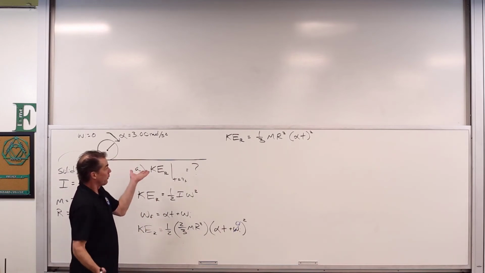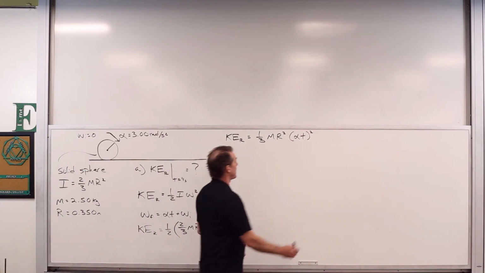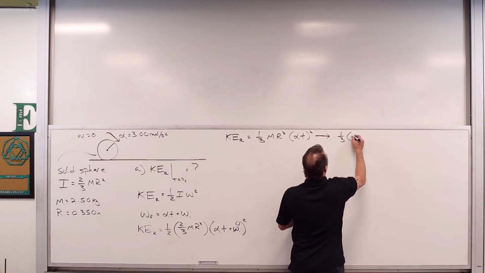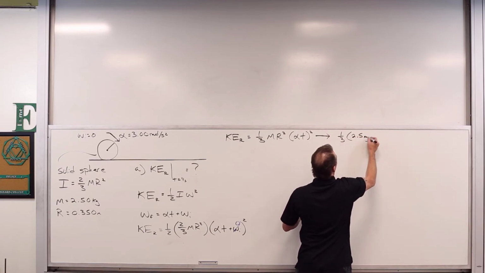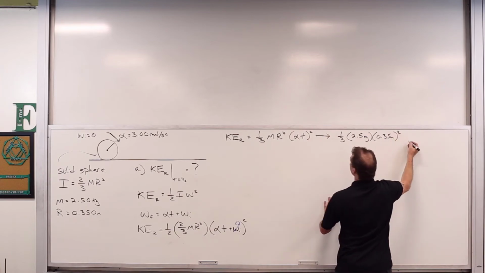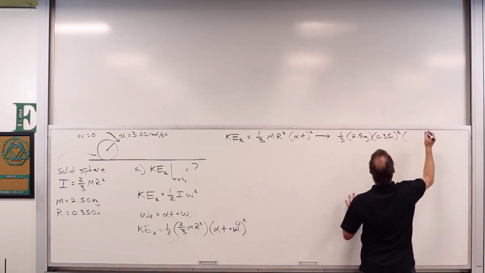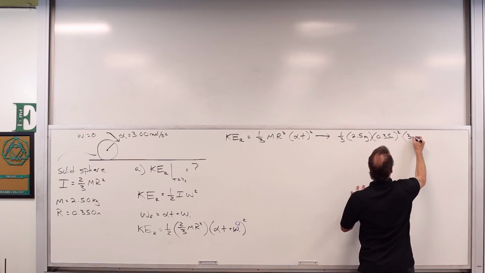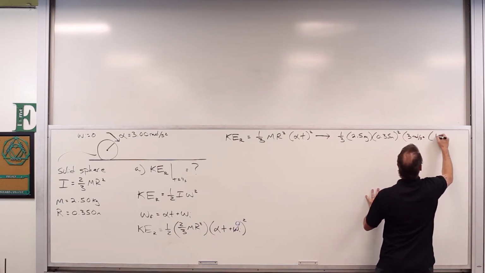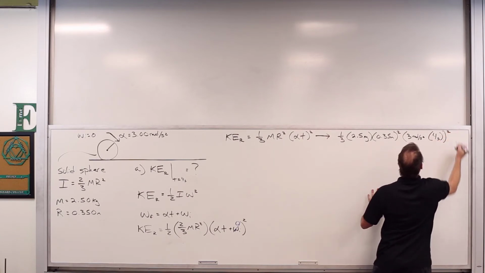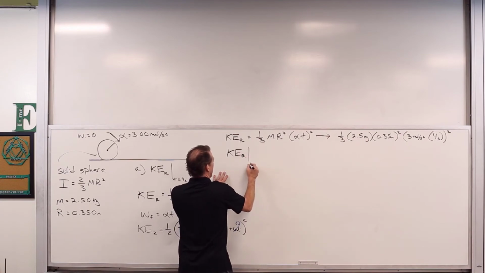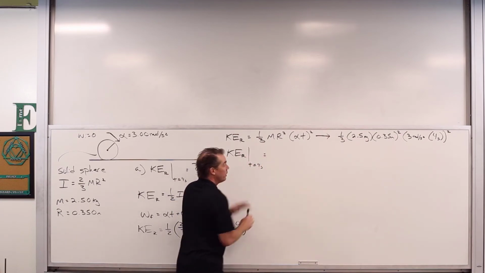And there we go. So what do we want to do? We want to evaluate this at t equals 4 seconds. So this is going to go to 1/3 multiplied by 2.5 kilograms multiplied by 0.35 meters quantity squared multiplied by the quantity of 3 radians per second squared times time of 4 seconds. It's that whole thing squared, which gives us the rotational kinetic energy evaluated at t equals 4 seconds to be,